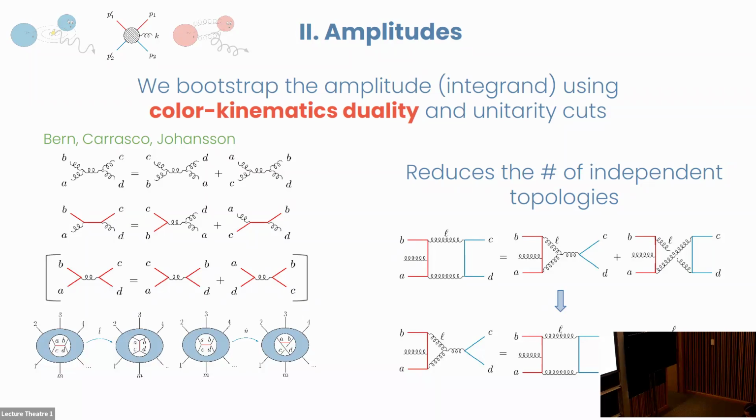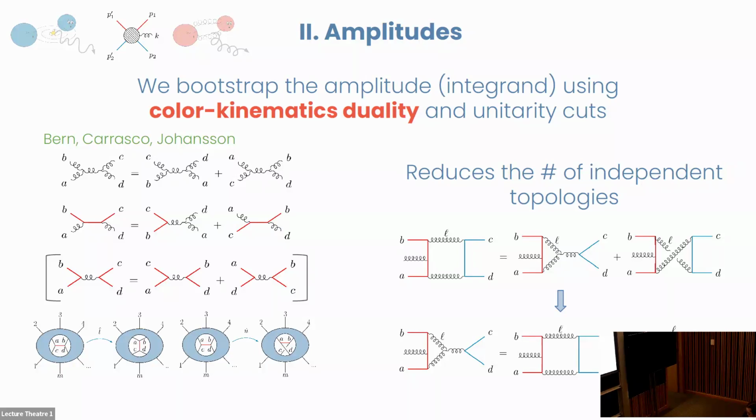What you can do then is reduce the number of independent numerators. You can write all your numerators in terms of these master numerators. So just to give you an example, these are some graphs that show up in our 5-point 1-loop amplitude. If you look at this, the pentabox, as Donald calls it, and we take a look at this internal edge, for example, if you change the connectivity to an S and a U channel, depending on what you want to call it, now you see that you can express this guy as a linear combination of these guys. And then you can give a function to each of these separate topologies, and using these relationships, we can determine what this kinematic information should be.